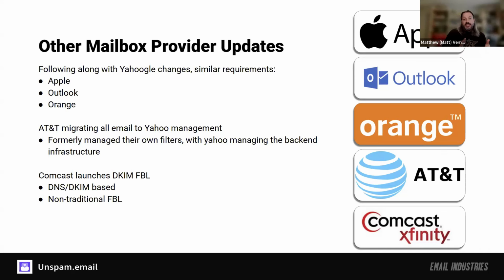Your ESP, or if you manage your own infrastructure, you need to make sure that any rules that you've applied to the Yahoo sending is updated to also now include AT&T.net mail. So there are things that are constantly changing, and we're going to continue to see this trend, I think, going forward. The last piece I think that's going to be really interesting for some senders is Comcast has recently started testing their DKIM feedback loop.